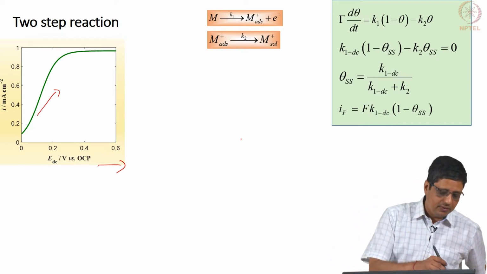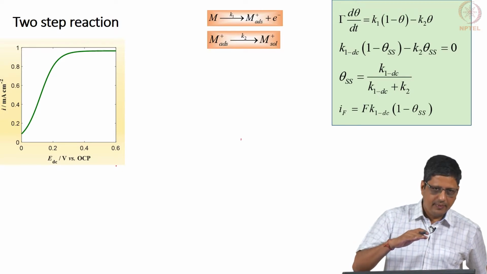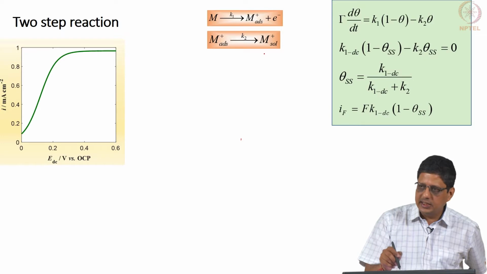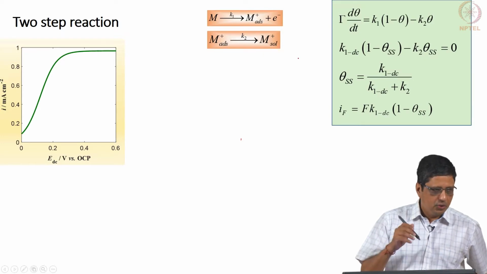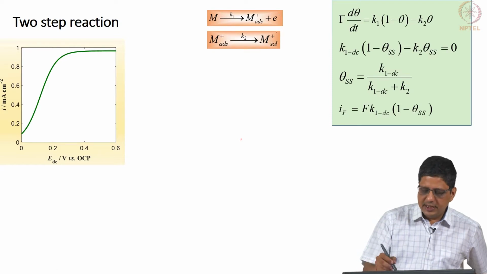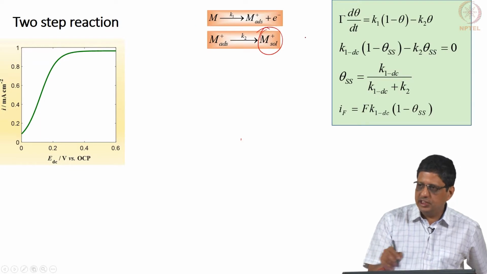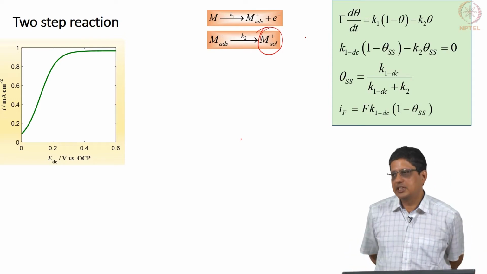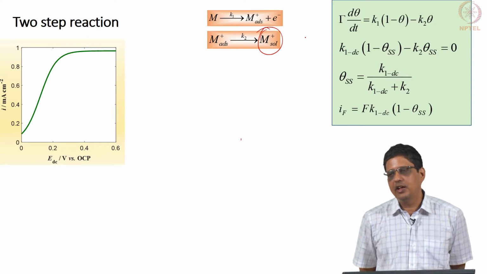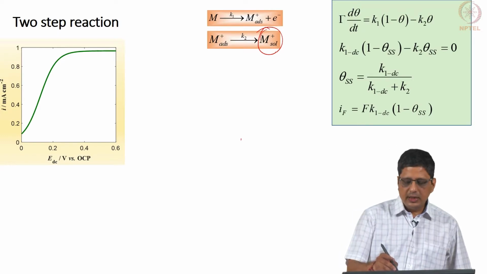Here what happens is, when you go to large potential, entire surface is covered by M adsorbed. K2 is not going to increase with potential, because it is independent of potential, there is no electron transfer. So, the rate of production of this species M plus solution is limited by this, it is saturating. You can't have any more of the first step, because it is already pretty much covered by M plus adsorbed. It is not 100% covered, it will never go to 0 current, it will go to a maximum current and remain there. So, this is steady state behavior.